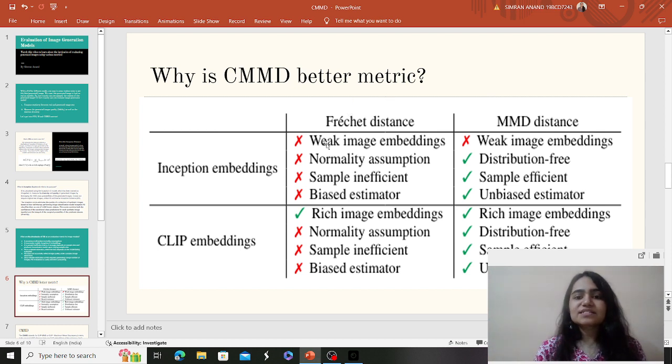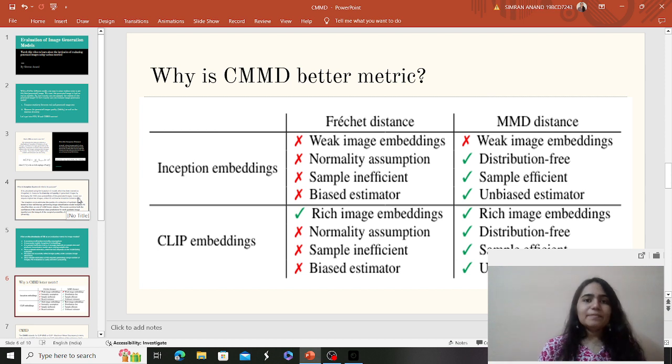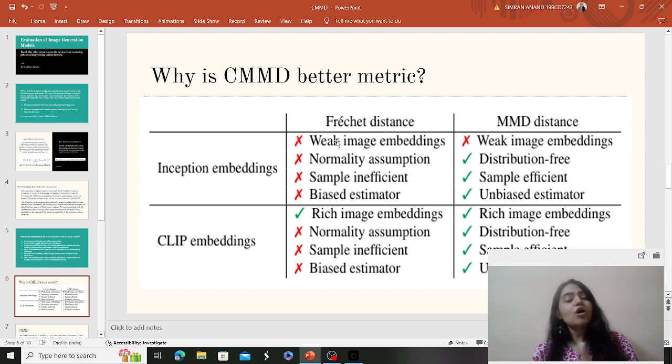I would just quickly skim and explain the differences between the inception embeddings and the CLIP embeddings firstly. As I told you, FID leverages inception embeddings because it is based on the Inception v3 network, which is trained on ImageNet. We know the model is not performing well on these, because they have high dimension and they are weak image embeddings. We want strong and rich image embeddings. So CLIP embeddings is something you can use. You can change the model which is used for the evaluation metric, and then you can see.